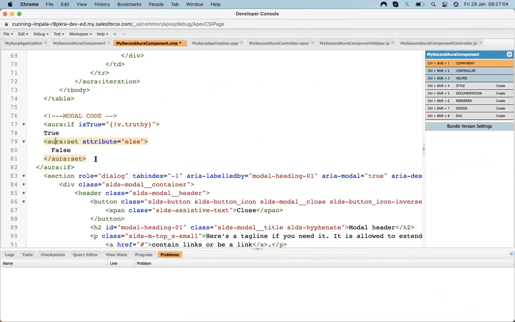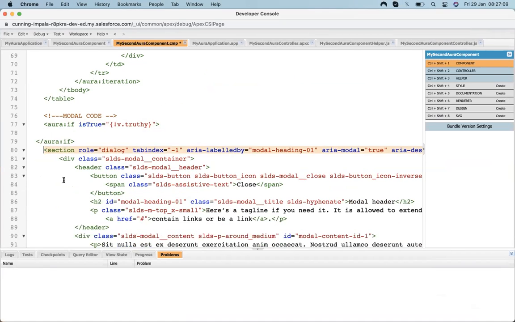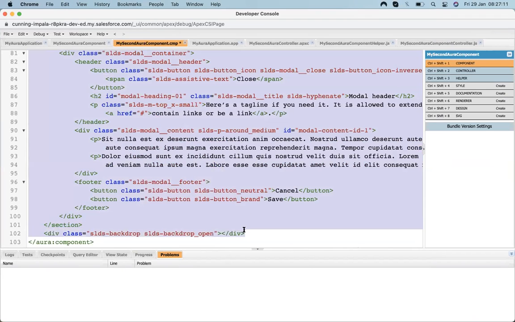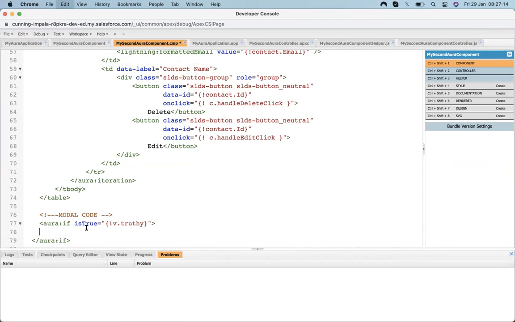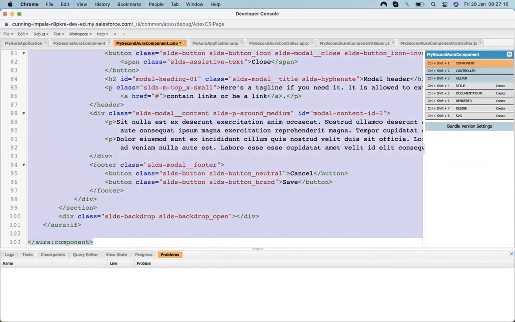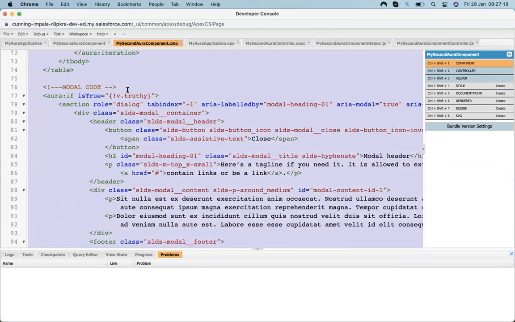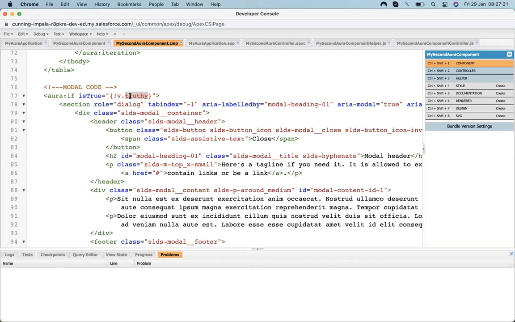We have only one true component, so I will use only the true part, and in this true part I will add my whole modal. Cut the modal and paste it up here. Okay, now let's make the variable more readable. Let's name it isEditModeEnabled, something like that.